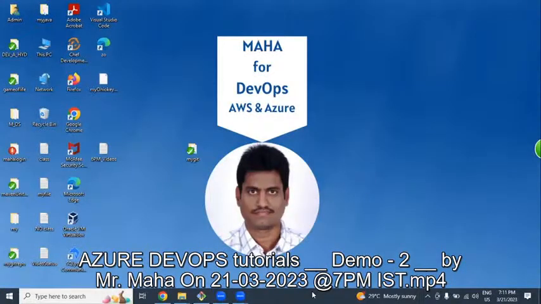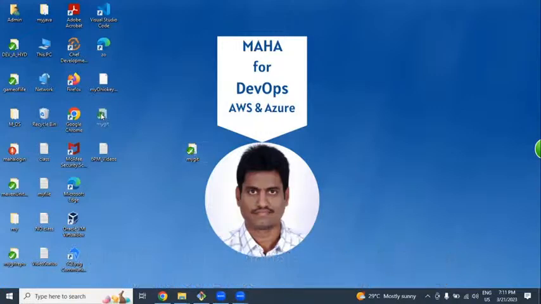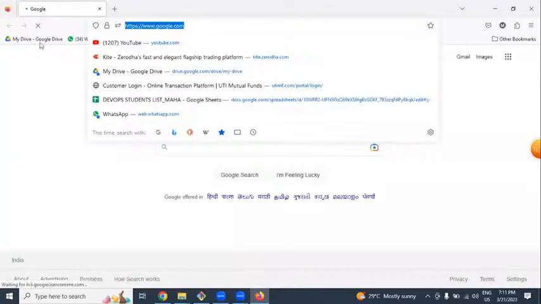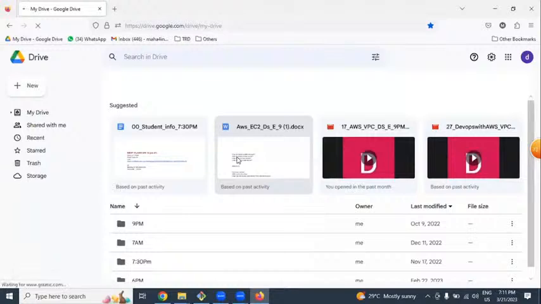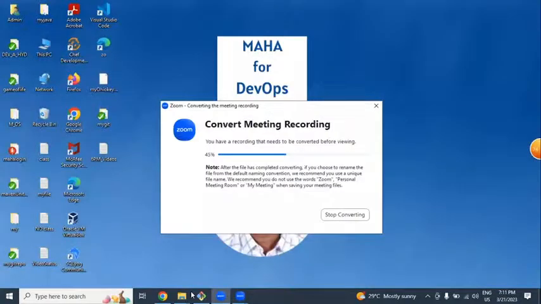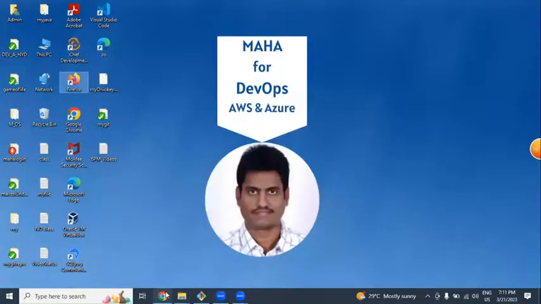So in the last session we understood what is DevOps. Today we are going to be discussing Azure. Before starting the session, let us fix our agenda.